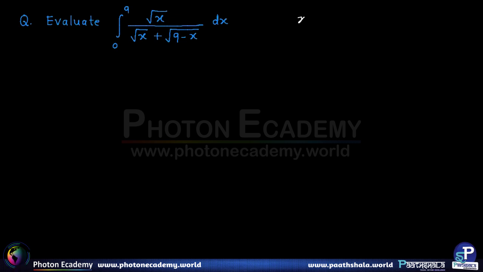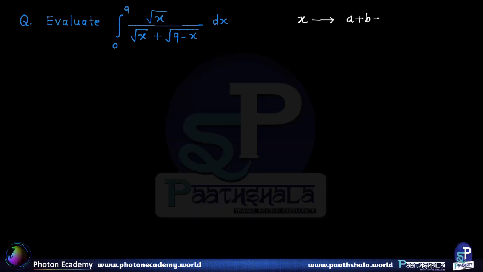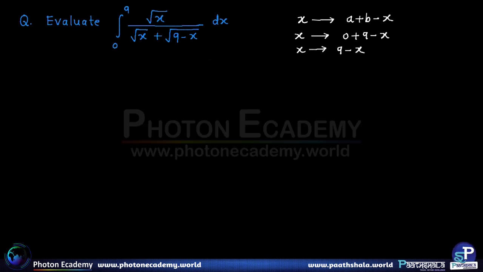variable x can be replaced with a plus b minus x, isn't it? In that case the function remains same. So in our case we can replace x with 0 plus 9 minus x. So that is nothing but x can be replaced with 9 minus x wherever we see. So in this case, without changing the limits,